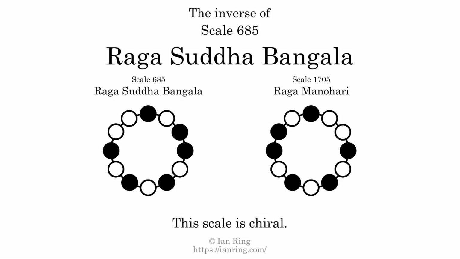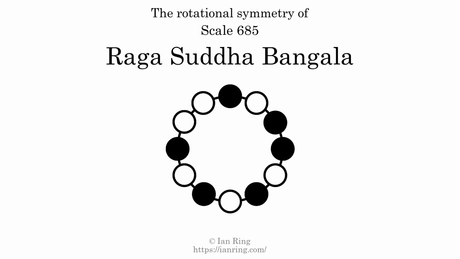The inverse of a scale is a mirror image. It is what you get when the sequence of intervals is reversed. The inverse of this scale is scale 1705, also known as Raga Manohari. This scale is chiral. It cannot transform into its inverse by rotational transformation. This scale has no rotational symmetry. For even more detail about this scale, visit